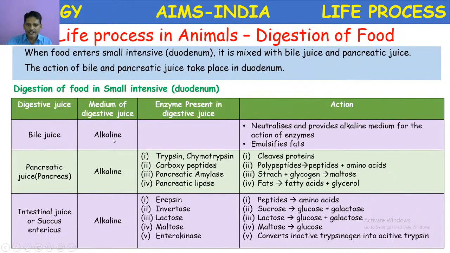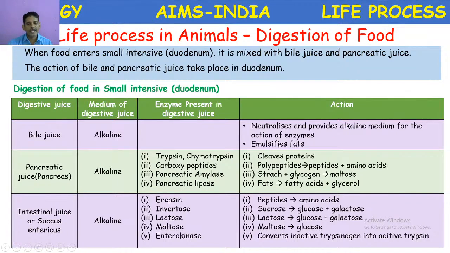The bile juice is alkaline in nature. It consists of bile salts and bile pigments. The bile salts are sodium cholate and sodium deoxycholate. The main function of bile juice is to neutralize and provide an alkaline medium for the action of the enzymes present in the duodenum. It also emulsifies fats. Emulsification means the complex fats are converted to microcolloidal substances, small particles,